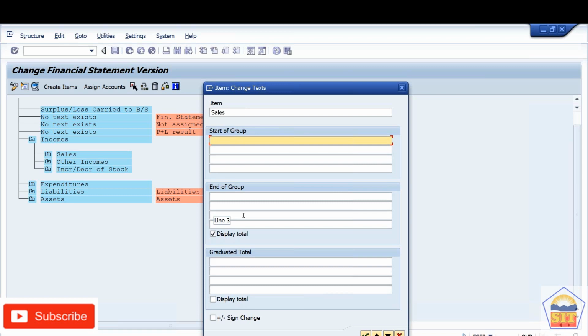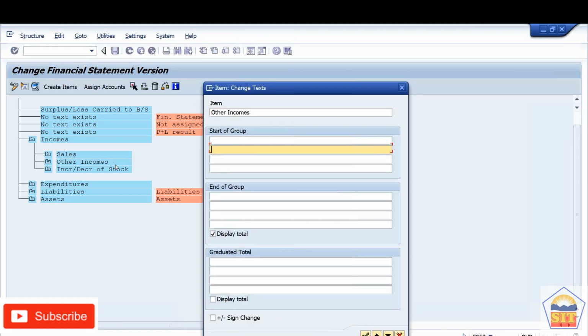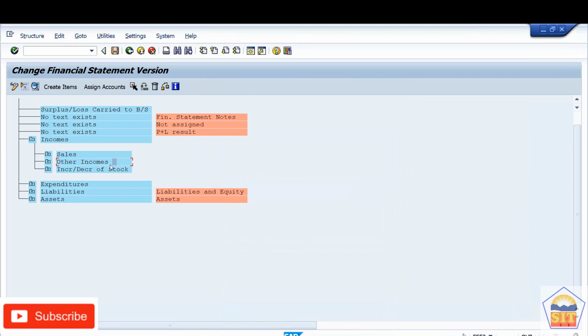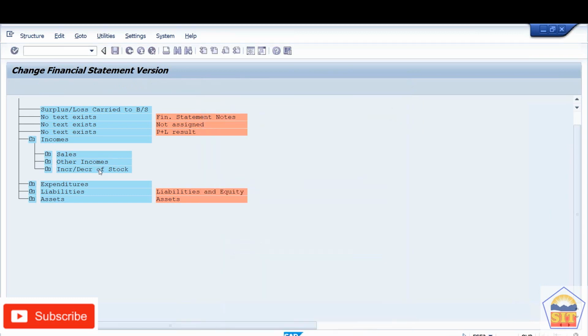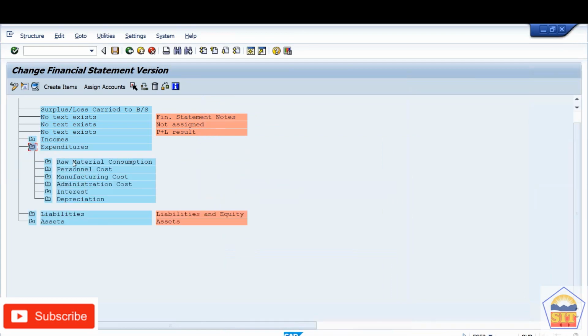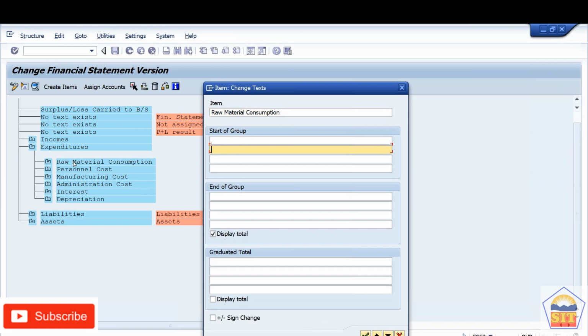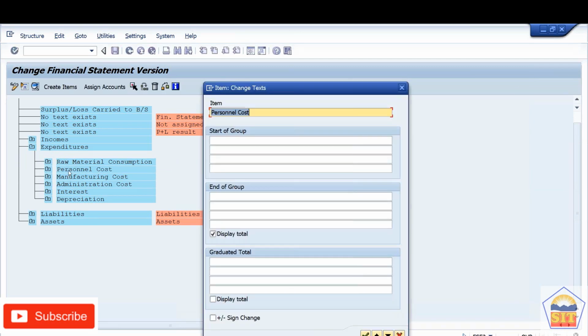So let's have here for the sales, we don't want to have the header. Let's come up with the footer only. Other income, let's have here the end of the group. Increase decrease of stock, let's have here end of the group. After that we have the expenditure. So we want to have the footer for the sub item or the sub node,